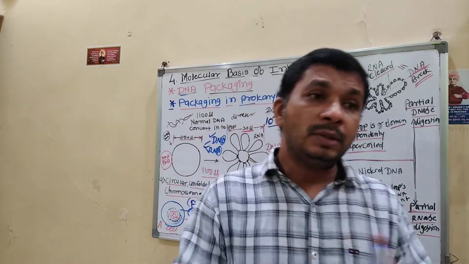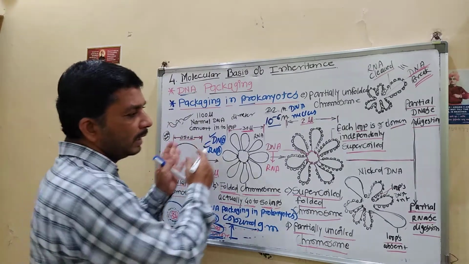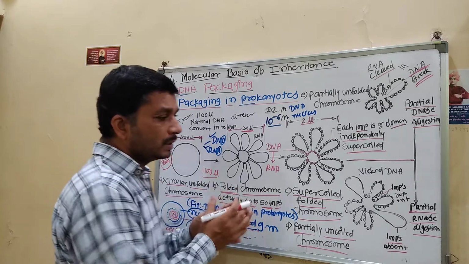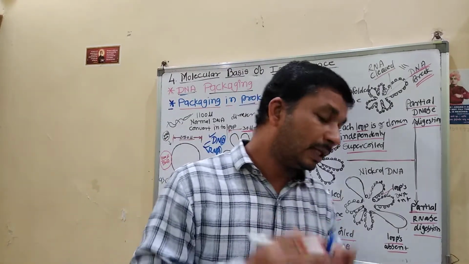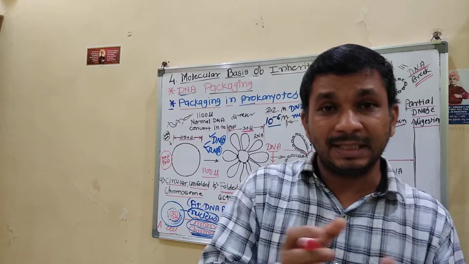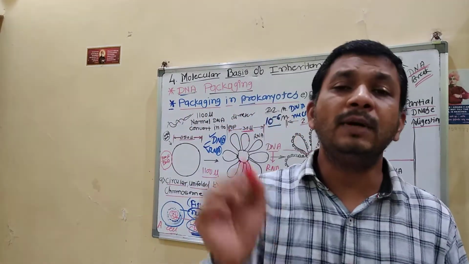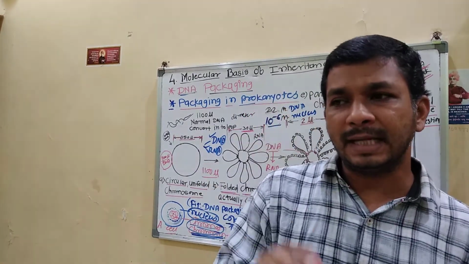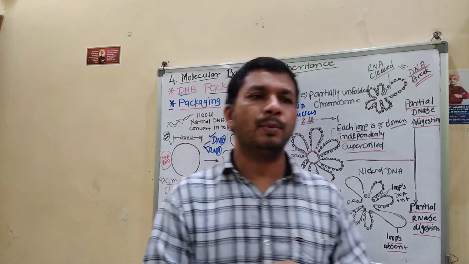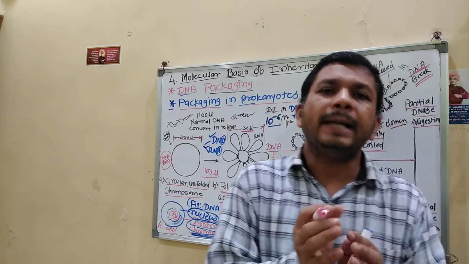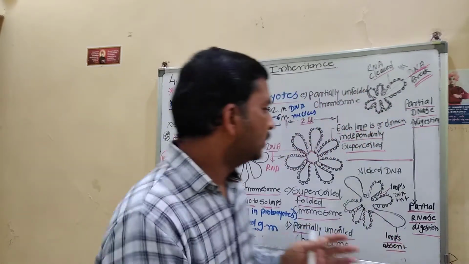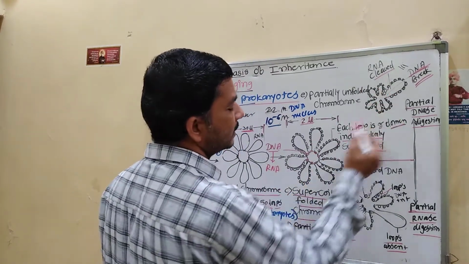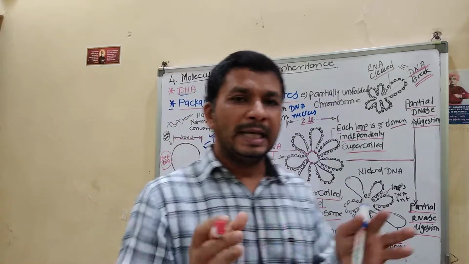Then about how they are bound to each other, what type of material binds them to each other, and that is HU. And what is HU? H is histone protein. That histone protein acts as a binding material. Binding to whom? Binding to these chromosomes, these RNAs and these DNA. They are bound to each other.